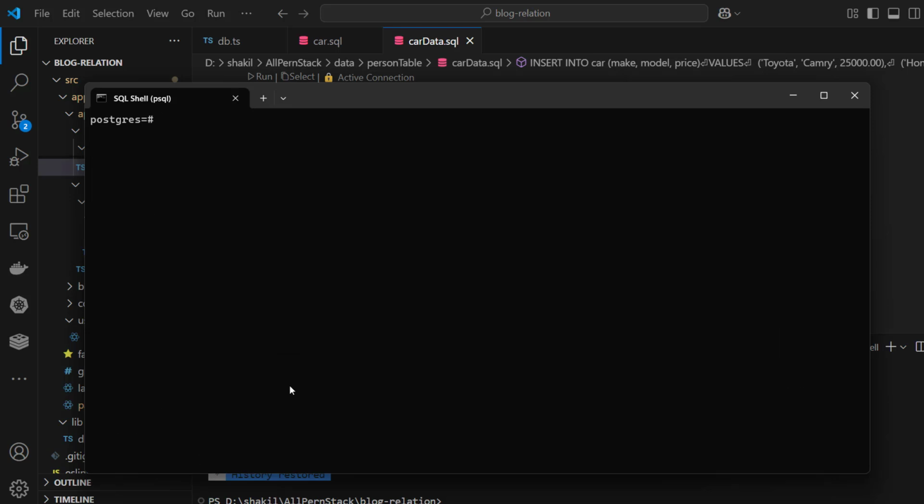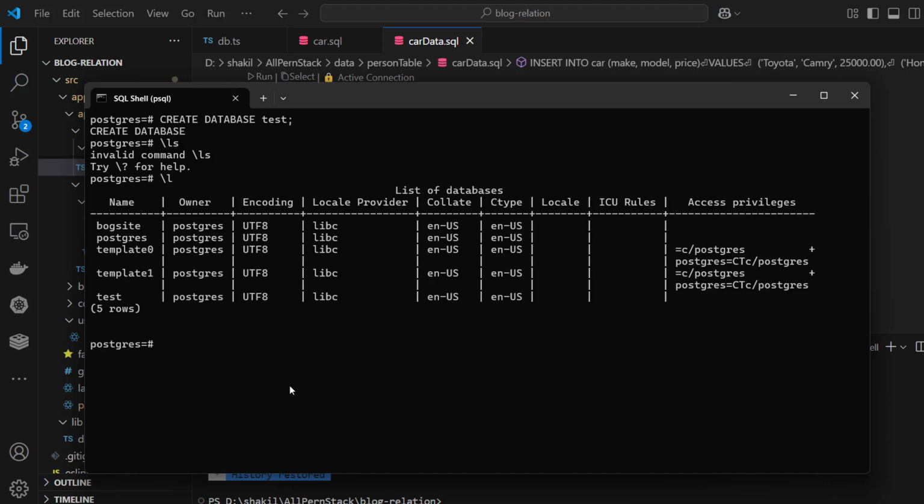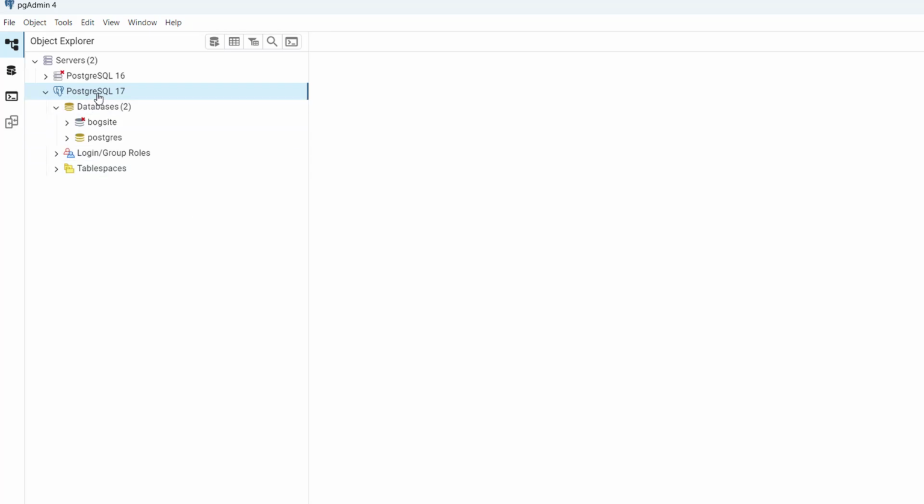Then create a table over here. Okay, so create a table. So for that, what we need, first of all, create a database. Create database and its name is test. Let's see. So database created. Sorry. Right now we have the test. Okay, if you go to pgAdmin and refresh it,